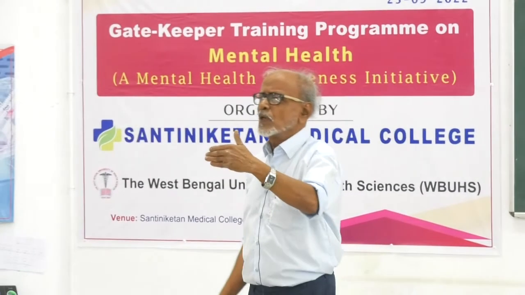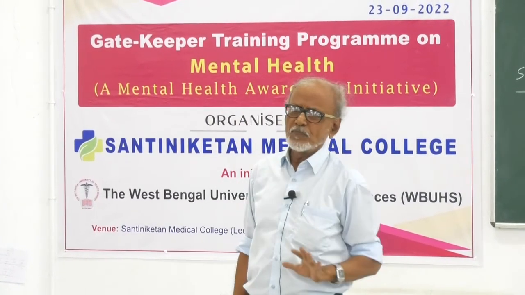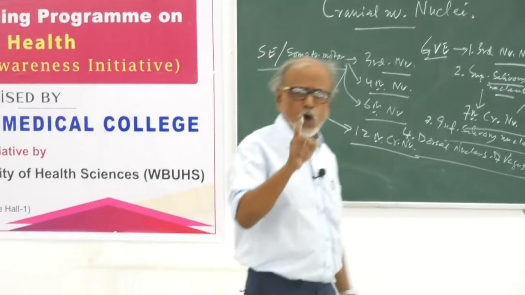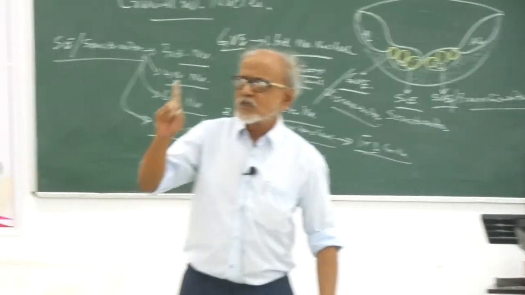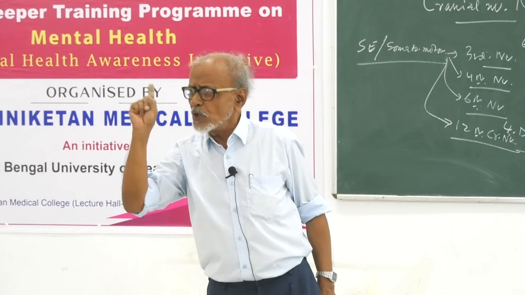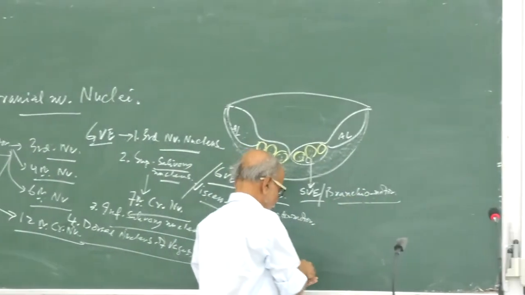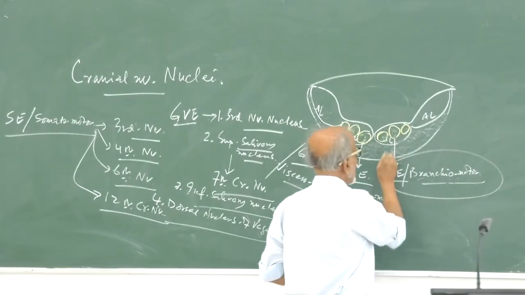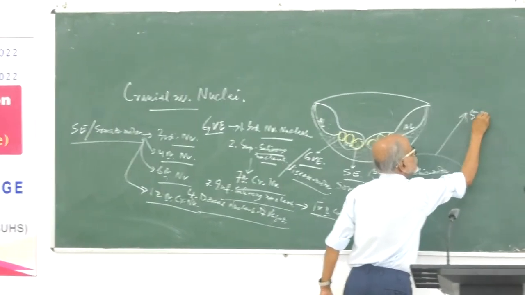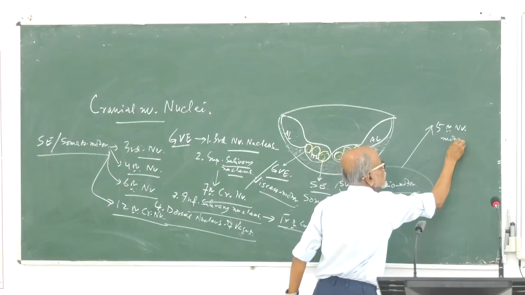এবার নেক্সট তুমি চলে এসো স্পেশাল ভিসেরাল এফারেন্ট অর ব্র্যাঙ্কিওমোটর। ব্র্যাঙ্কিওমোটর কলাম অর স্পেশাল ভিসেরাল এফারেন্ট কলামকে রিপ্রেজেন্ট করছে ইন অ্যাডাল্ট অ্যানাটমি which cranial nerve nuclei জানতে হবে। The first nucleus of the branchiomotor column is the fifth nerve motor nucleus. তাহলে এই ব্র্যাঙ্কিওমোটর কলাম, এই যে মাঝখানের কলামটা আমি দেখাচ্ছি, এর ফার্স্ট হচ্ছে ফিফথ নার্ভ মোটর নিউক্লিয়াস।